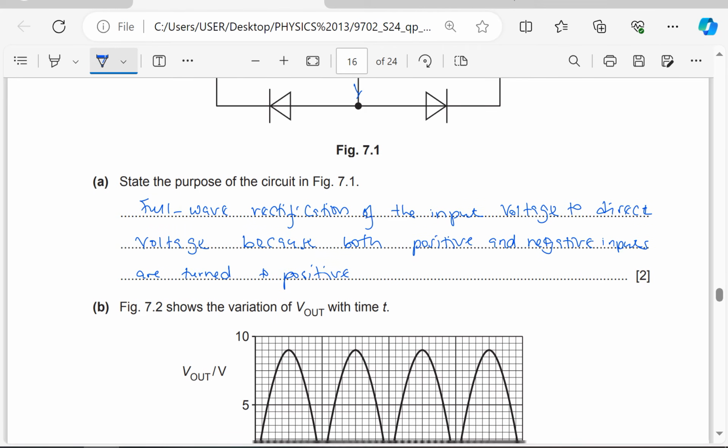So it is full wave, because both the positive half cycle and the negative half cycle have resulted into positive